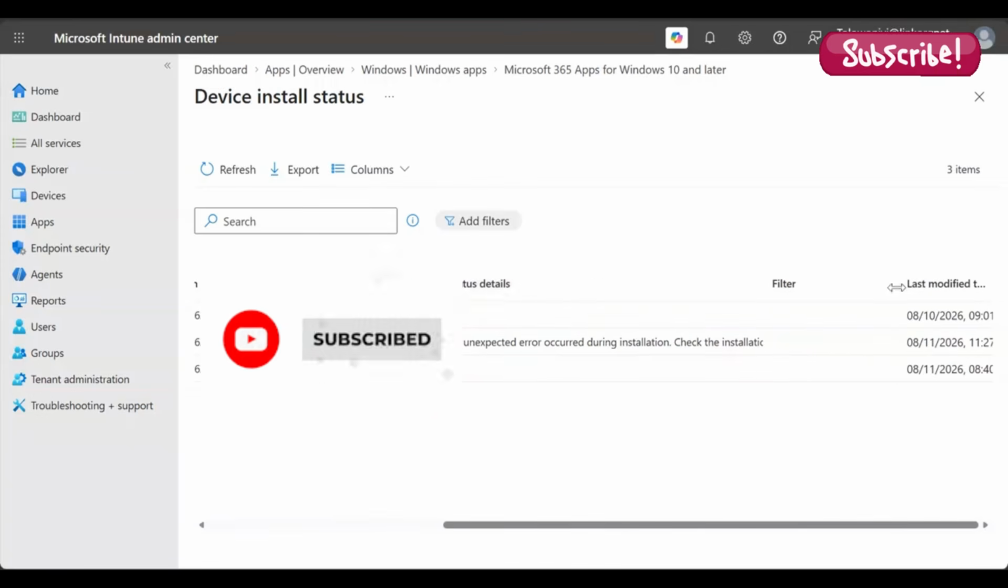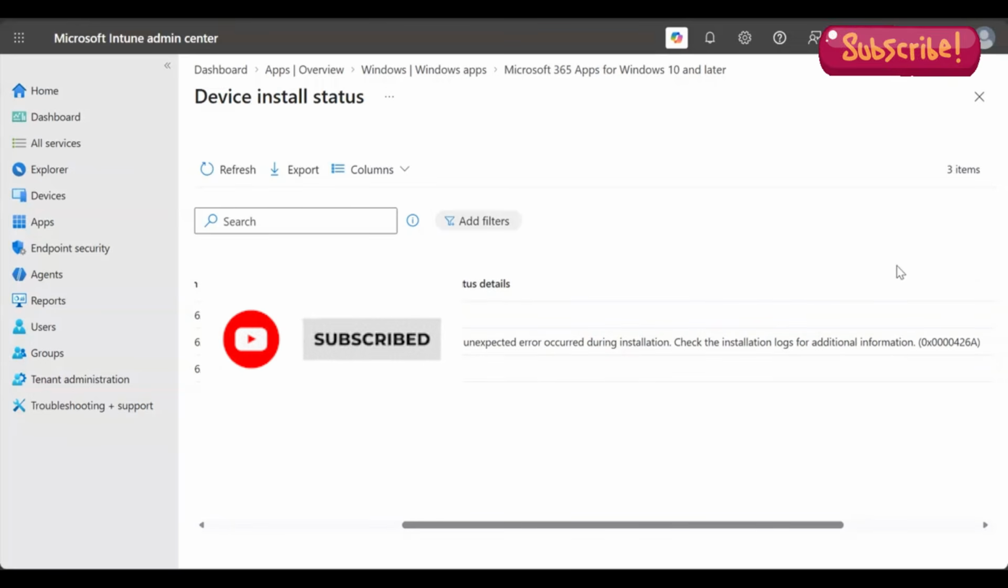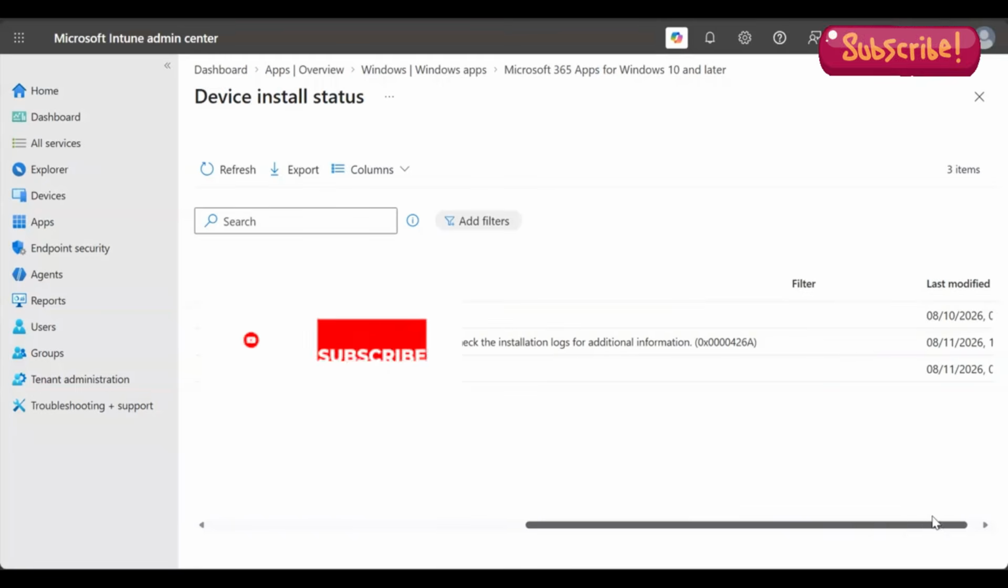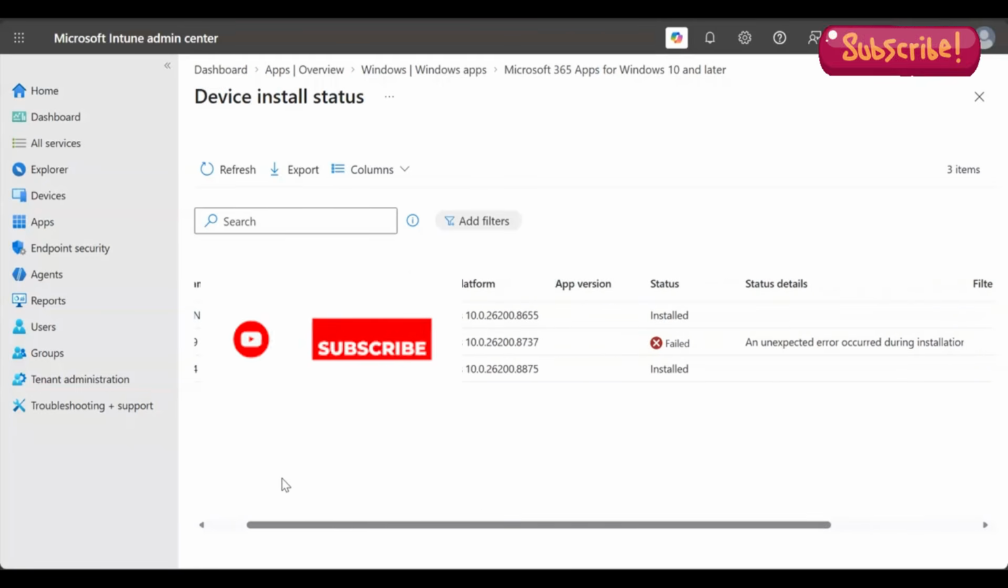An unexpected error happened during the installation. Check the installation logs for additional information. So it gave me that detail, but I really don't want to go there right now. I just want to move on to the next thing. Boom. So now the next thing we're going to do is download